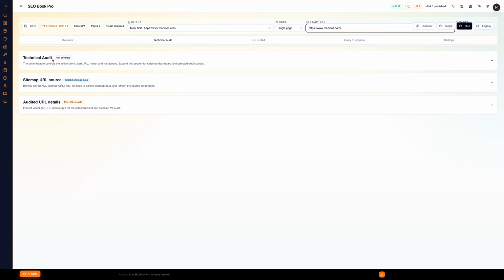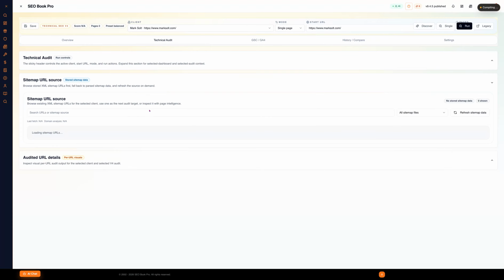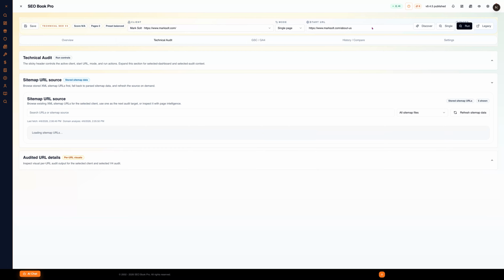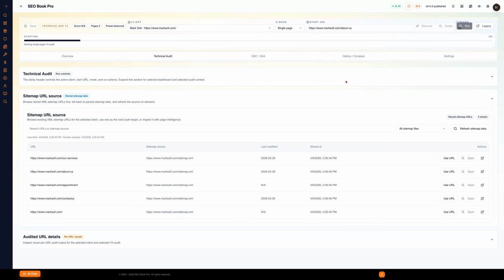Let's see the running controls. They are here. A sitemap URL source, as I said, there. Your last domain audit stores the URLs you have. So, for example, it's a quick navigation. If you want to create a technical SEO audit for, let's say, About Us, you can click that and it's implemented here in the start URL, and you can run a single technical SEO audit, which is started,